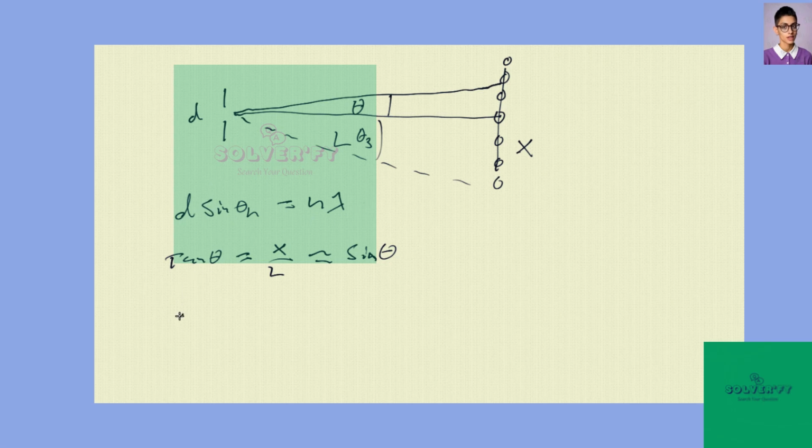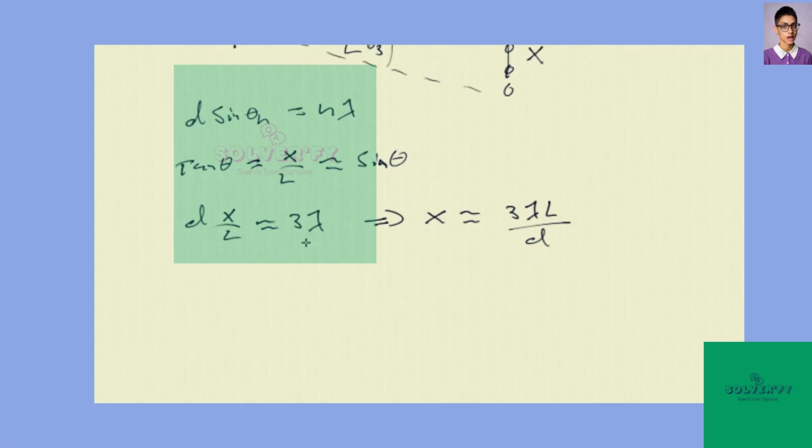So now we can say that d, and if I just substitute x over L into sine theta, so dx over L is approximately, and then n is 3 we said, so 3 times the wavelength, which gives us that x is approximately 3 lambda L over d. And now we just have to plug in the numbers. So they tell us that d is equal to 5